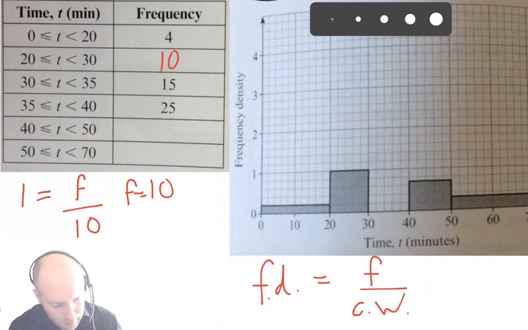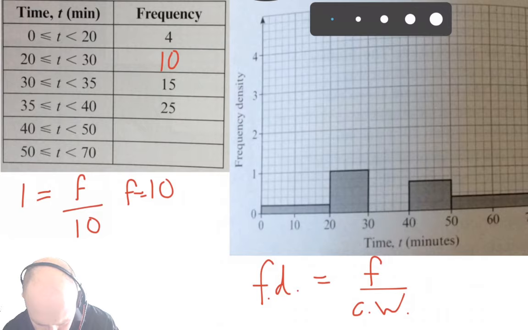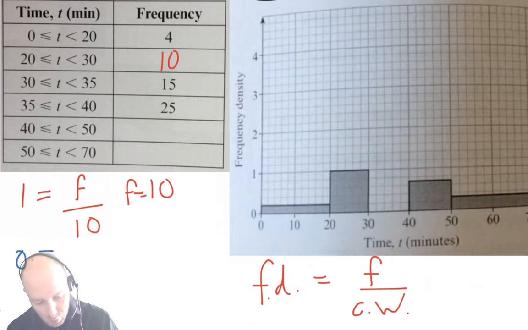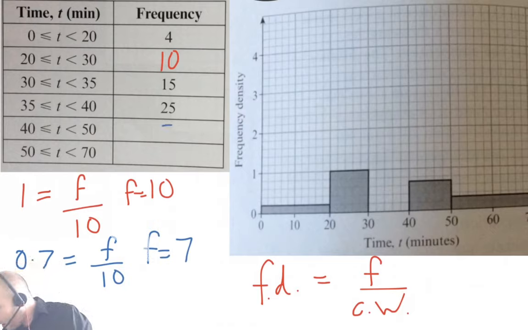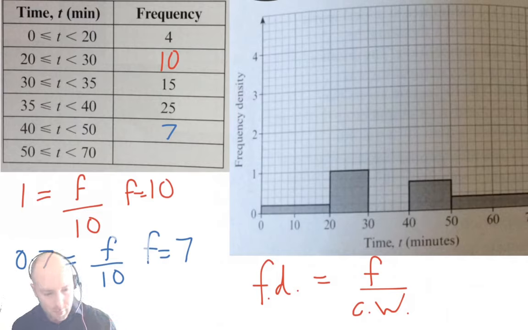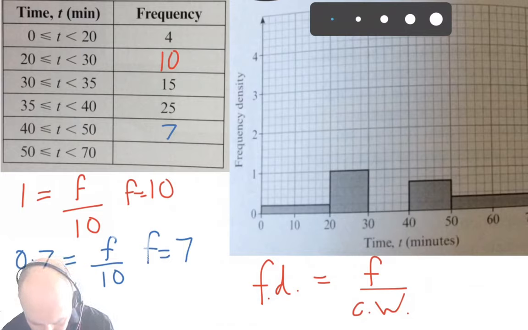So our frequency density is going to be, what do you reckon, 0.2, 0.4, 0.6, 0.7, I would say for that one. Frequency density equals F over a width, which is 10 again, so times it up, get F equals 7, which again, everybody seems to agree with me. Good. Okay. And the last one, 50 to 70, if you have a look, 0.2, I reckon that's 0.3 there,